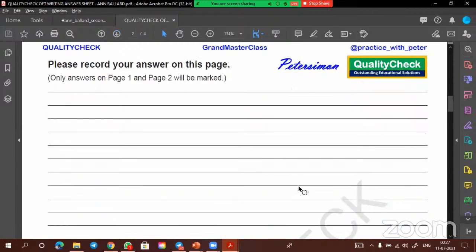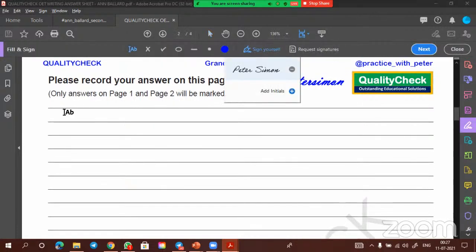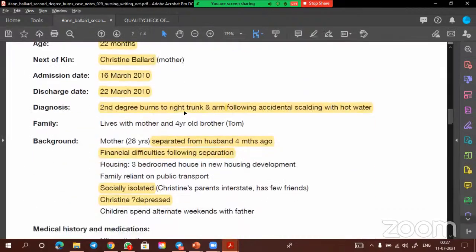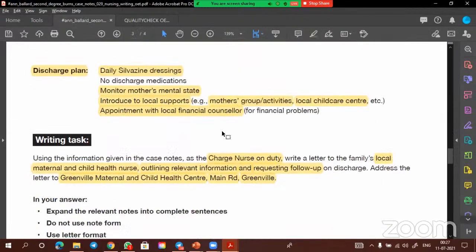So now we are going to start our letter. Okay. No problem. First line you leave. Right. So there we go. So start from here. So you are writing to them.